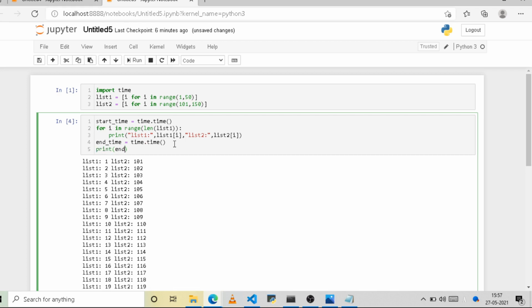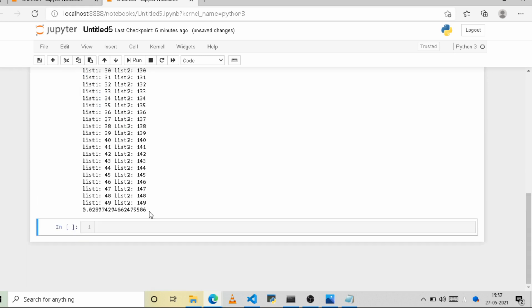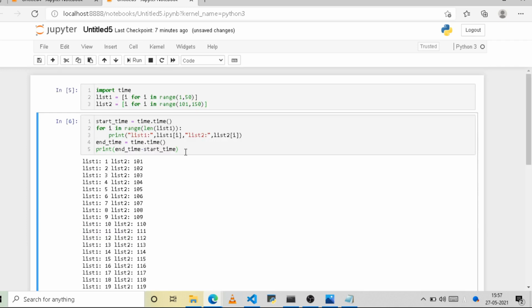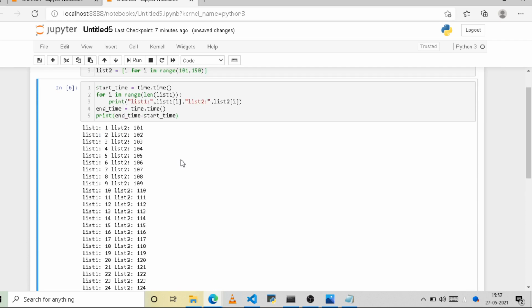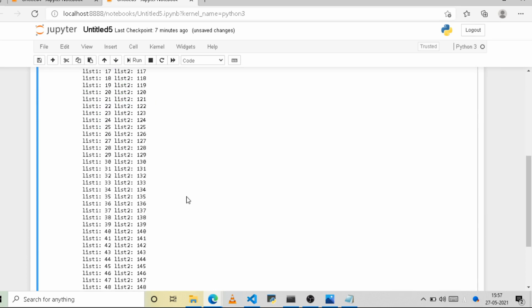End time minus start time. And now let us run the code, and you can see it takes 0.0289 seconds to run this piece of code. Now this was method 1 using Python indices, and now let us try to see the same thing using